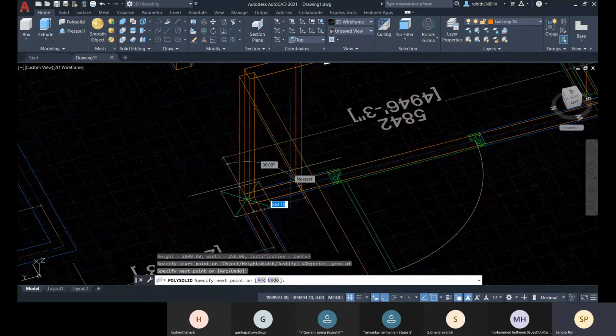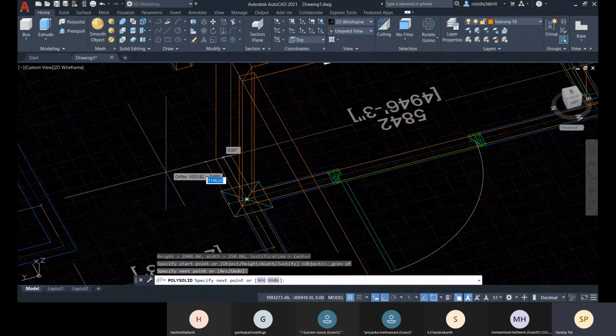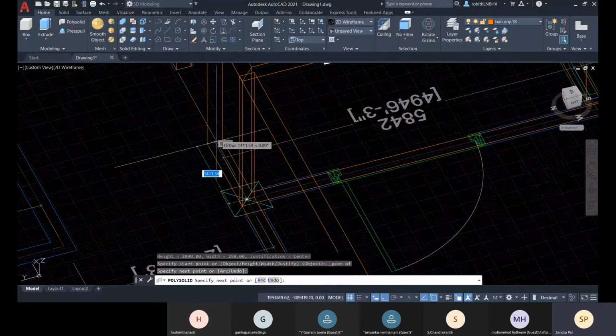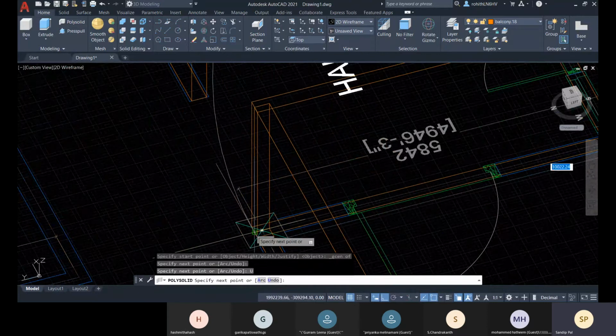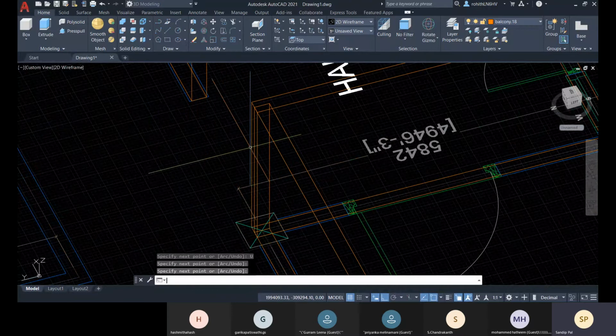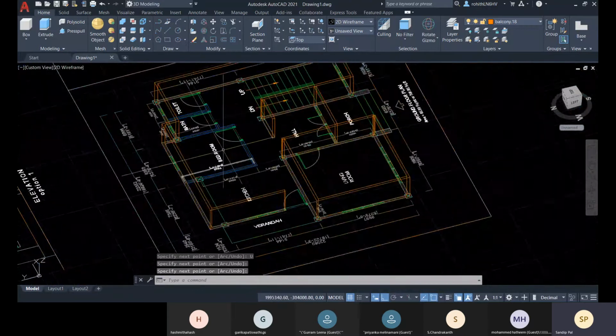And there I have. I can undo this part. Enter, and there I have.